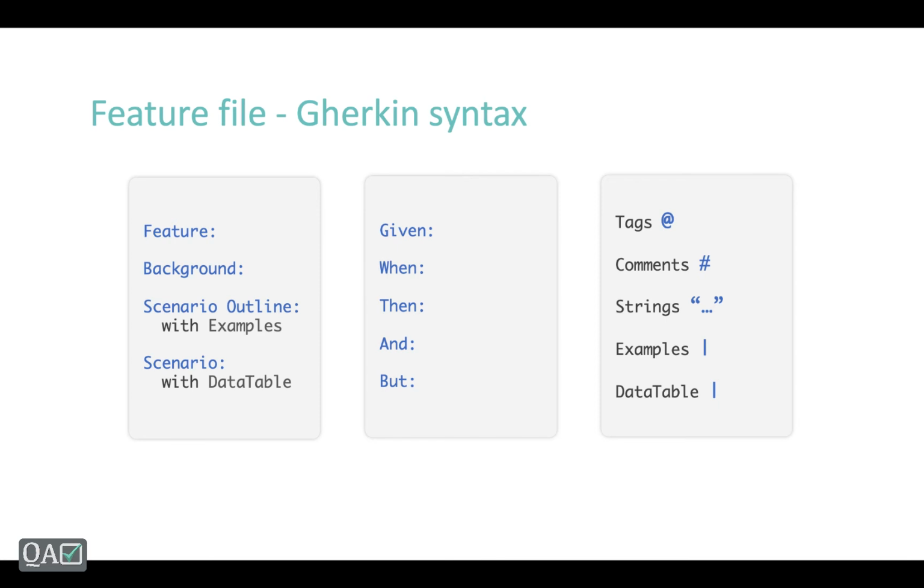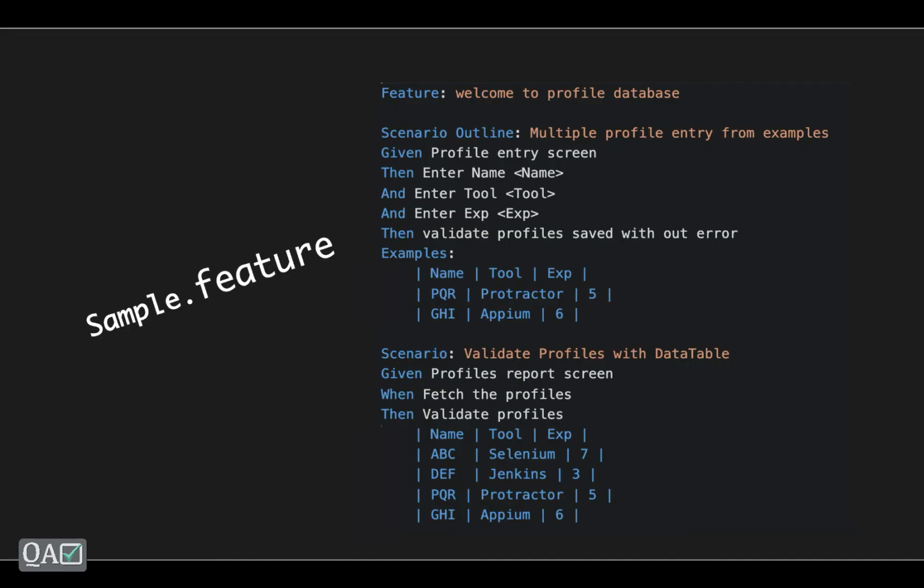Okay, so just to get into more details about this, I've created one sample feature file which covers all of these attributes or keywords. So let's see that. If you see here, it's a sample feature file where at the beginning, if you see Feature colon, every keyword should end with a colon.